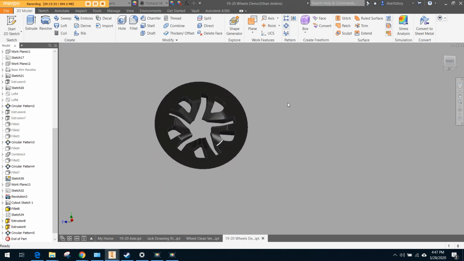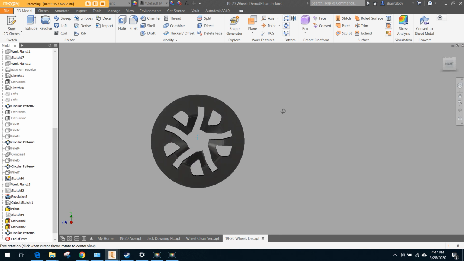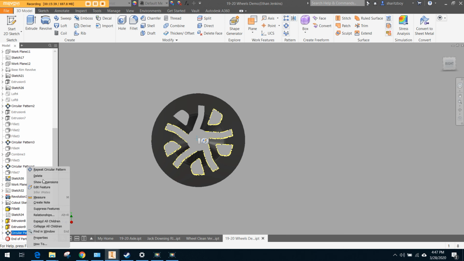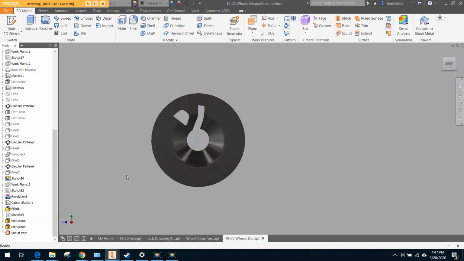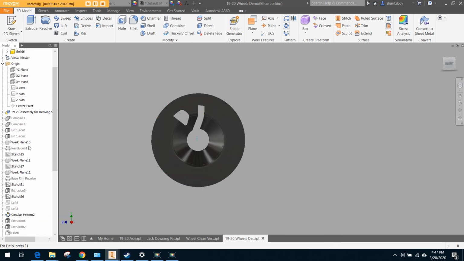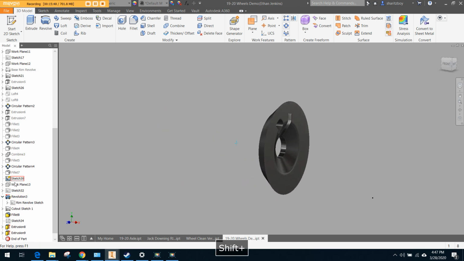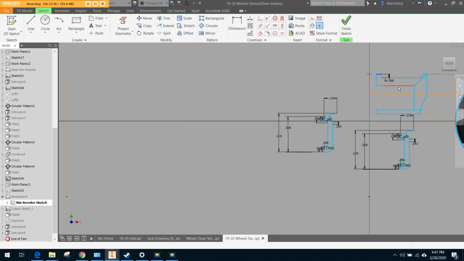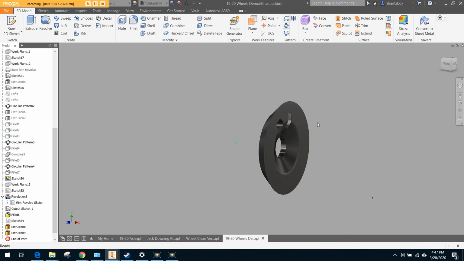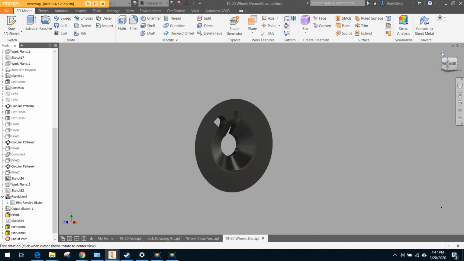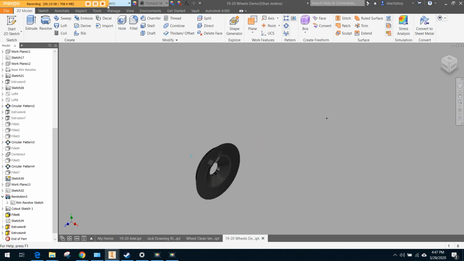Now this particular one, that's not that simple, so I am not going to do that circular pattern for mine, but if yours was simple, you would do that. You'd go back, do your revolve from the original revolve to get all of this outer rim portion. Your wheel would be just about done. But this one is not, so I will stop this video here and then we'll do the next